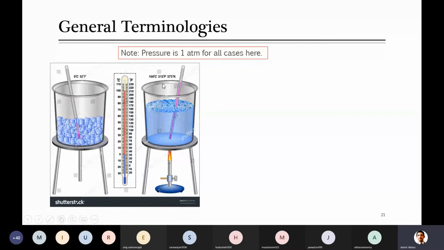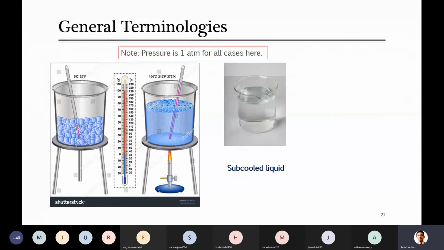Here some vapor will come out of the system. This is all general stuff which you know: ice is available at 1 atm for water at 0 degrees C. Later, if I increase the temperature above this, it is converted to the liquid phase, and then you can reach a stage which we call the vapor phase. Based on this, we classify these fluids into 3 categories, which we call, for example, the subcooled liquid.